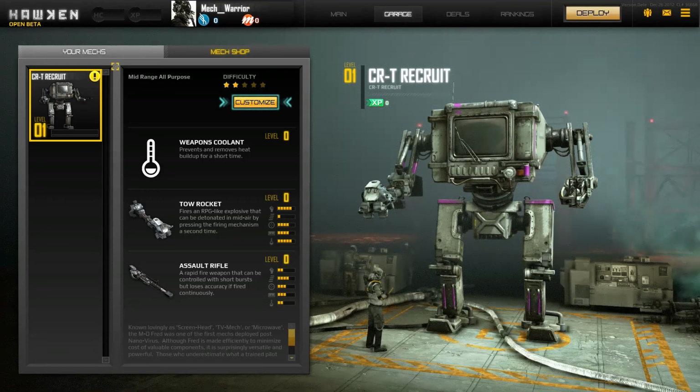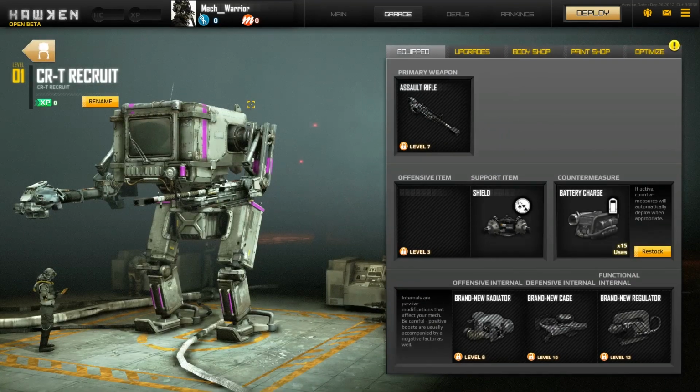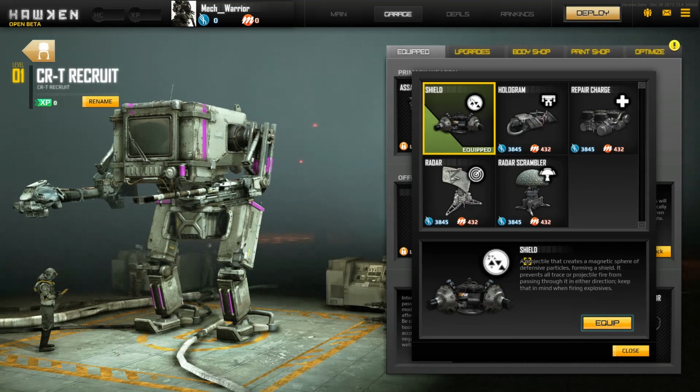Let us look at the customizations possible with the CRT Recruit. The support item, the shield, is a projectile that creates a magnetic sphere of defensive particles forming a shield. It prevents all trace or projectile fire from passing through it in either direction, so keep that in mind when